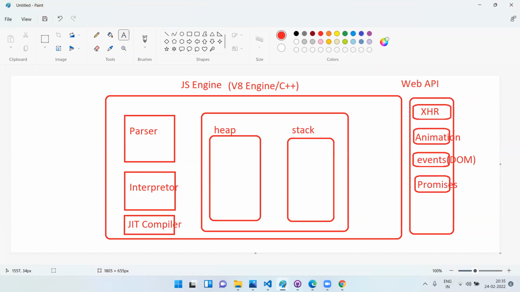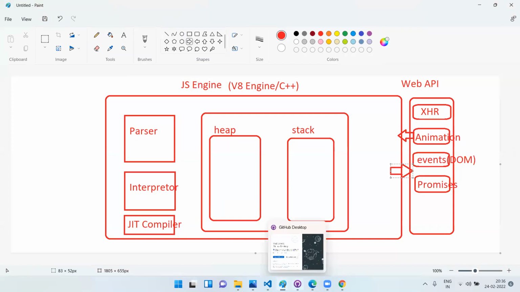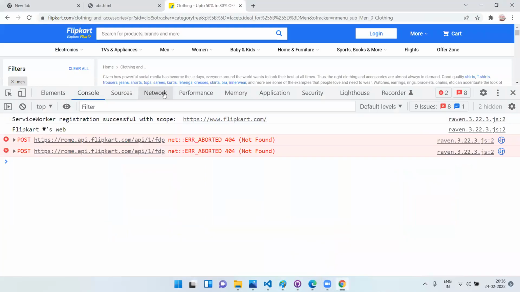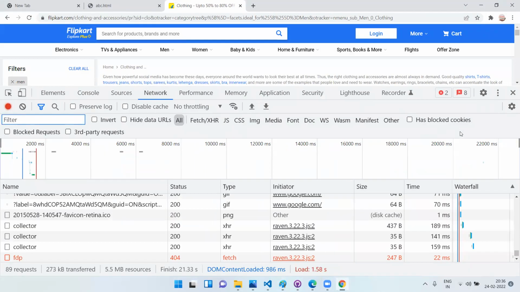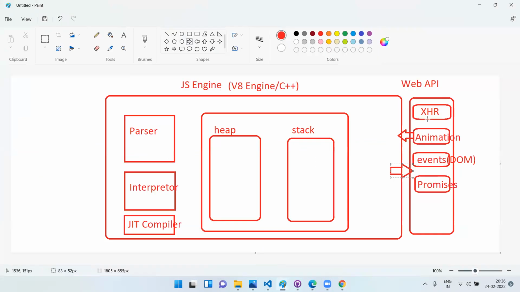Web API. Now this web API, actually what happens? This will be interacting with whom? Because these tasks are actually a two-way interaction with your JavaScript engine. This web API talks. Where is the web API? For example, you saw this, right? These network calls and all, they are through web APIs. Yes or no? XHR calls and all. Now, whenever it happens,